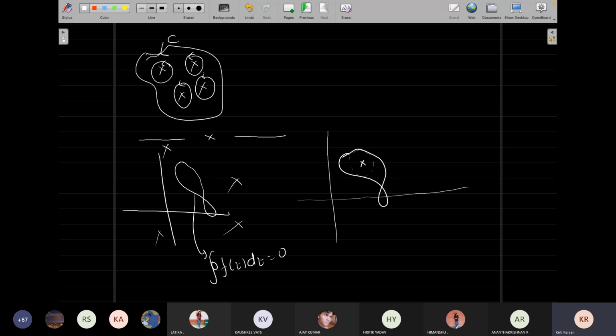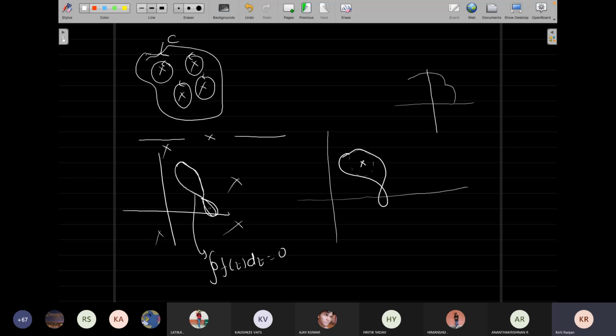And this is basically understood in terms of this non-simple path being something like the sum of two paths, these two. Individually the result is 0, and then you take the sum of those two and that result will also be 0, as long as it does not include any isolated singularity. You can have plenty of other questions also.